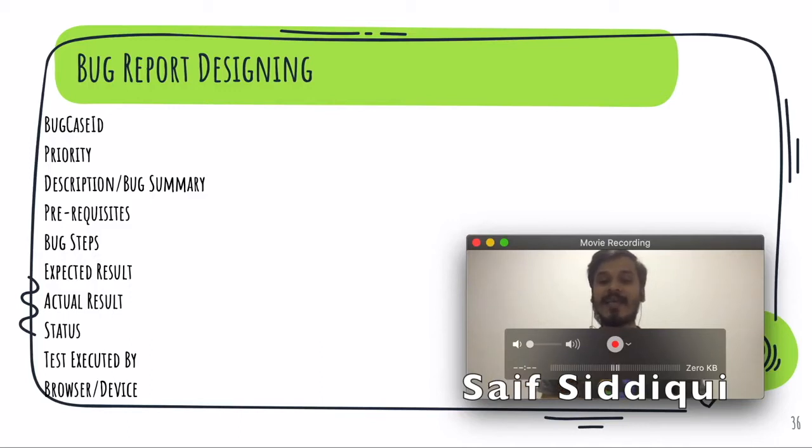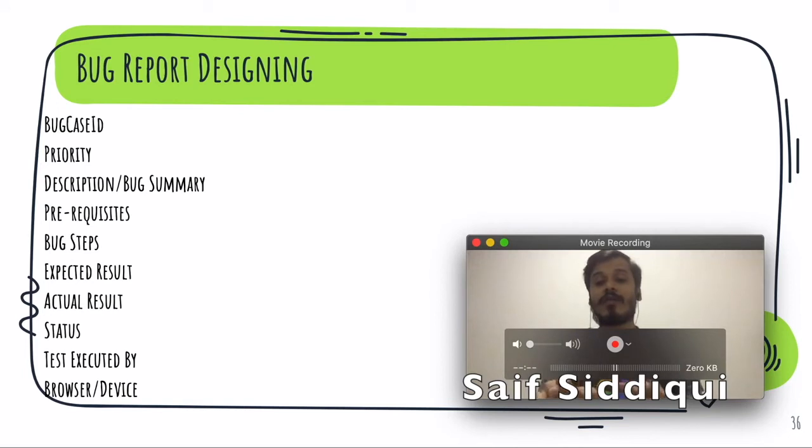The second thing is priority. So priority means when we need to solve this issue, if any bug is raised, is it of high priority or is it of low priority. In priority we can also write severity, like high severity, low severity.